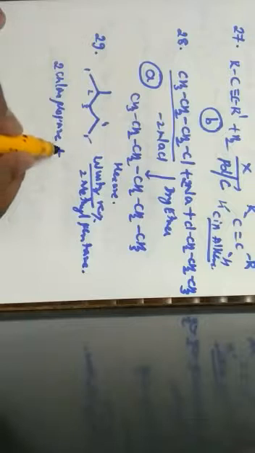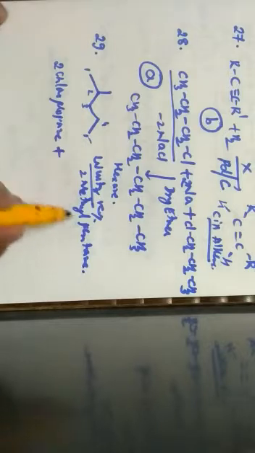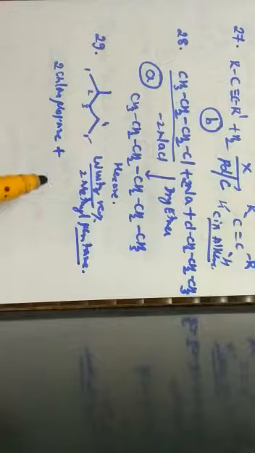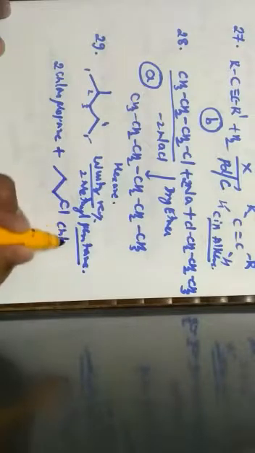To get this 2-methyl pentane, the reactant should be what? Reactant should be 2-chloropropane. Propane means 3 carbons. Here this is pentane, so the longest chain is pentane. Here I have taken 2-chloropropane. Another one should be what? Another one should contain only 2 carbon atoms. If it has to contain only 2 carbon atoms, it is nothing but chloroethane. So this is the structure of chloroethane.